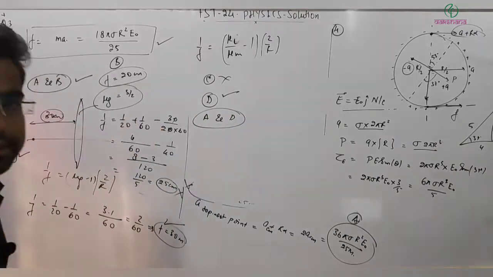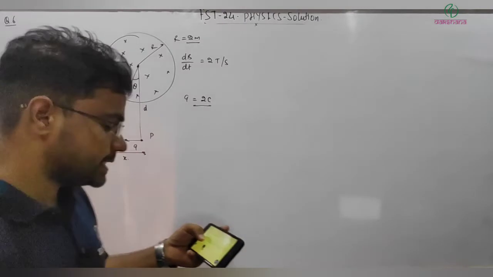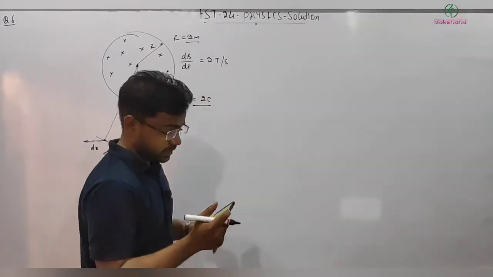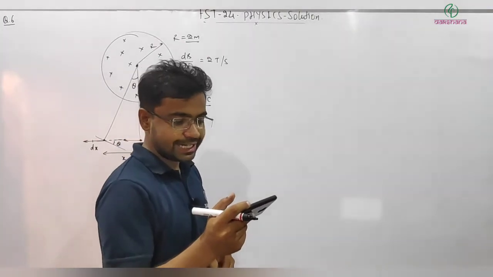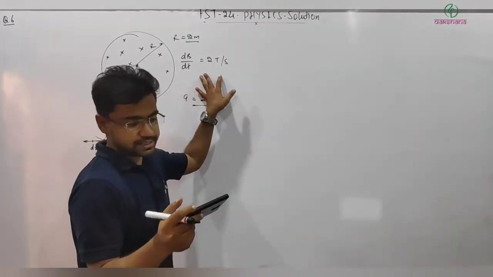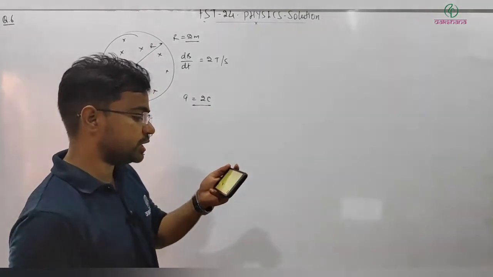Check the answers. Next question, let me first erase. Okay, next question number 6. In the cylindrical region of radius r is equal to 2 meter, there exists a time varying magnetic field B such that dB by dt is equal to 2 Tesla per second. A charged particle having charge q is equal to 2 coulomb is placed at a point P at a distance